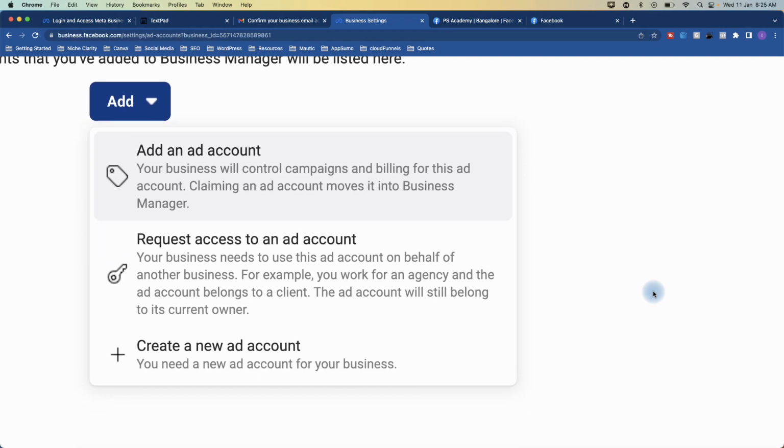Add an ad account means, if you have an ad account, by default you have a Facebook account, you can add that account. Even if you add it, you can only manage that account, but you will not be able to do all the things you want to do in your business account. You can manage from here, but you cannot take all the power that a business manager, a business ad account, has. So you can request a business account from any of your clients or your